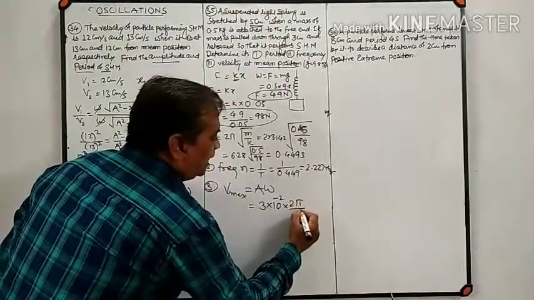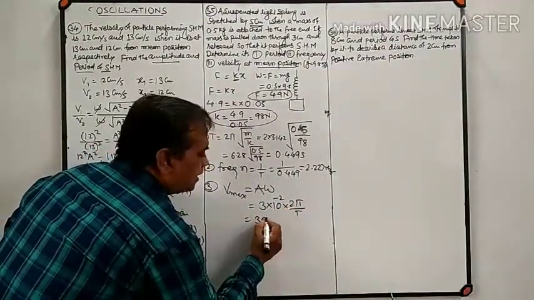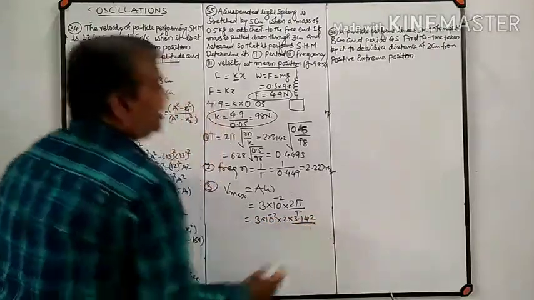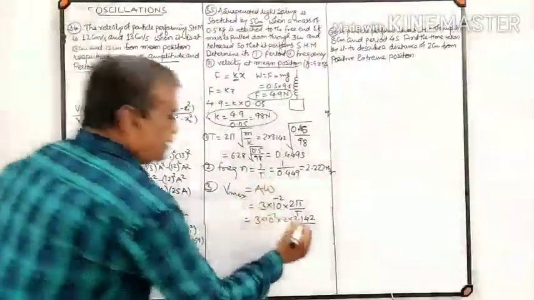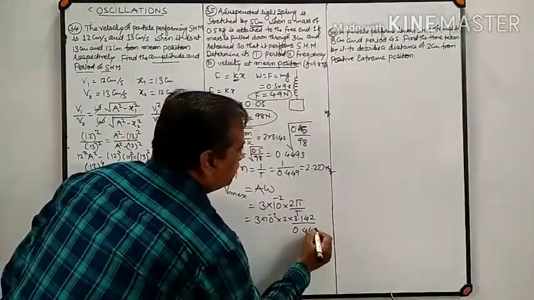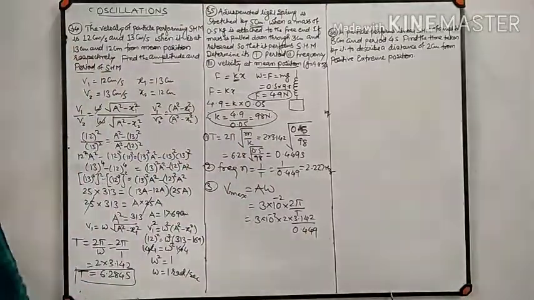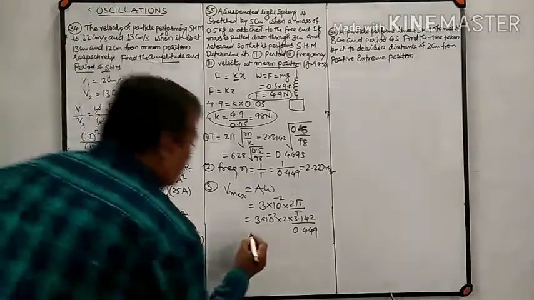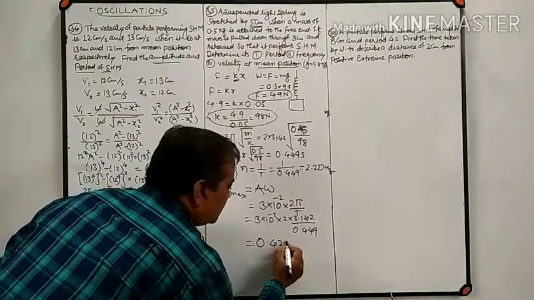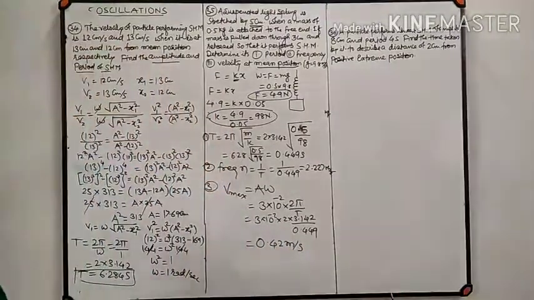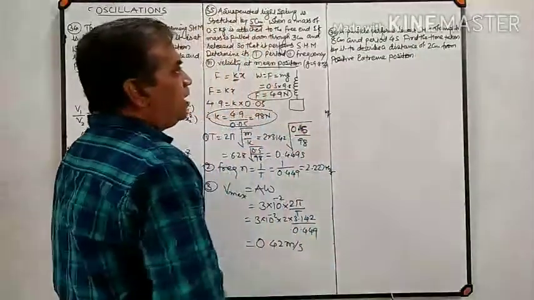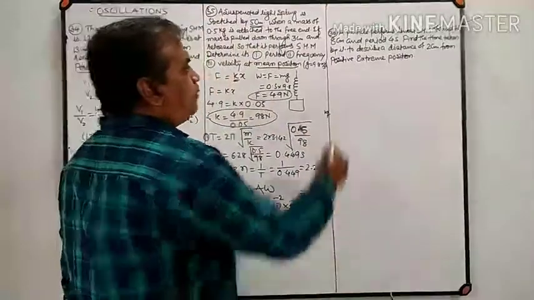Omega is equal to 2 pi divided by T, so it is 3 into 10 raised to minus 2 into 2 into 3.142 divided by the time period of oscillation, which is 0.449. If you calculate the velocity of the particle, then that velocity is found to be 0.42 meter per second. And the last and important example: a particle performs linear SHM of amplitude